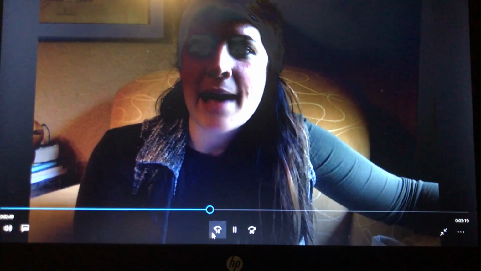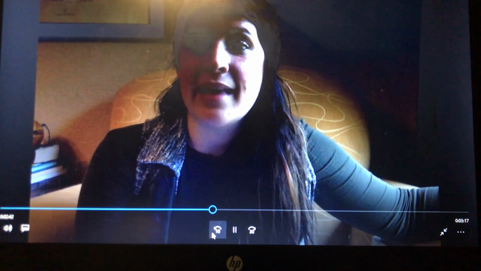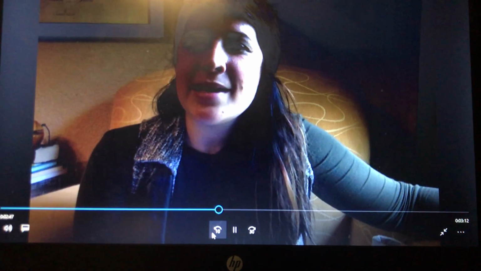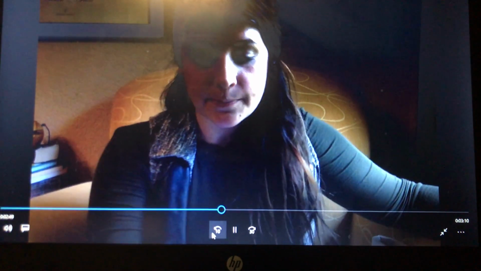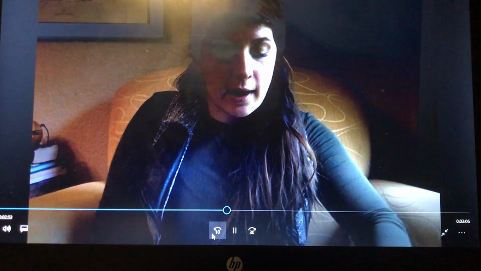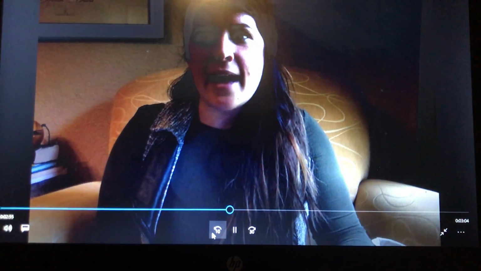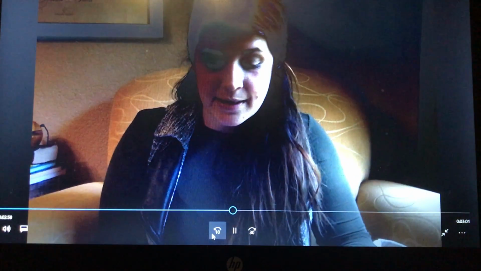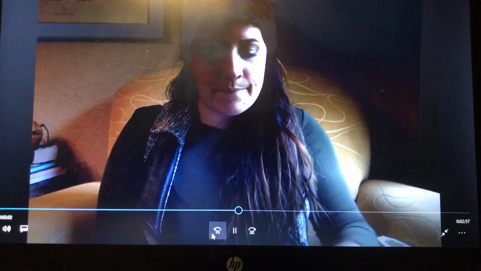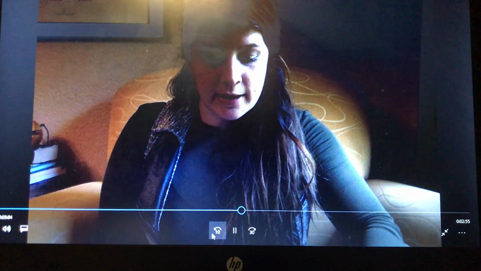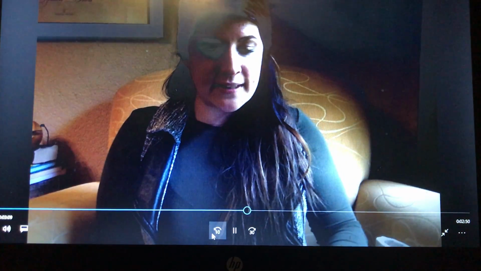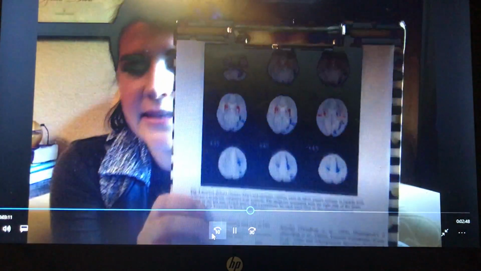So we're seeing that maybe the sensory portions of the brain that receive information, and those neurons that receive that information, may not be as well developed in somebody that has Asperger's. I'm going to show you also a picture of the white matter. White matter in somebody with Asperger's is interesting because there's both a deficit and also excess white matter.